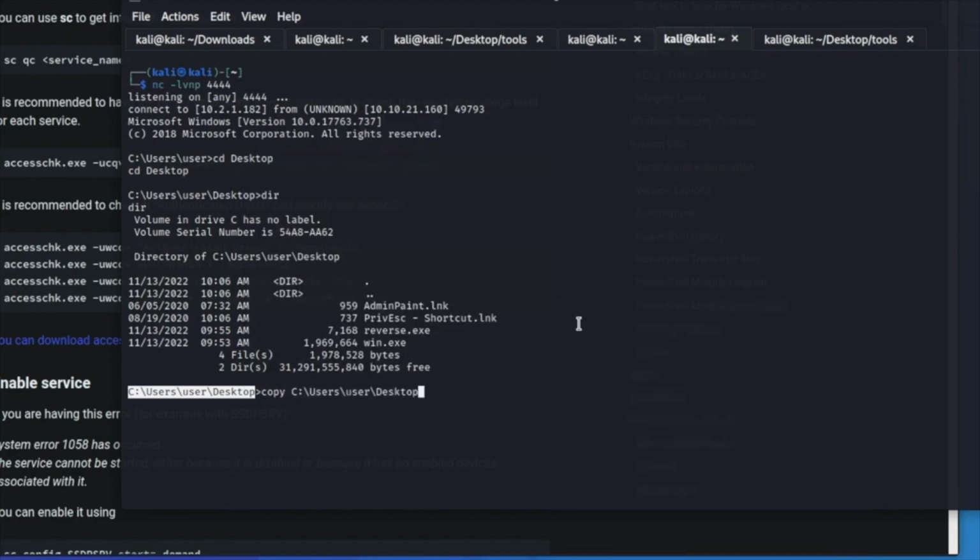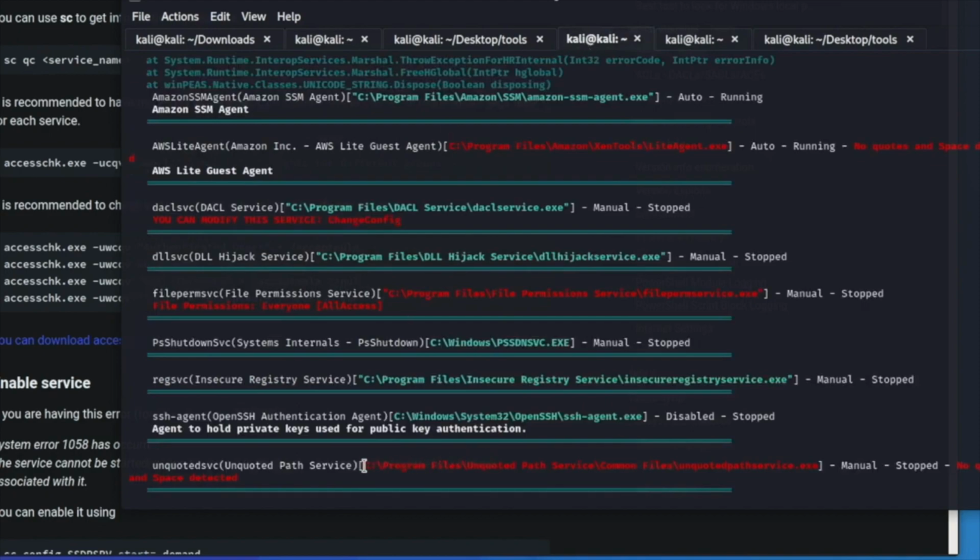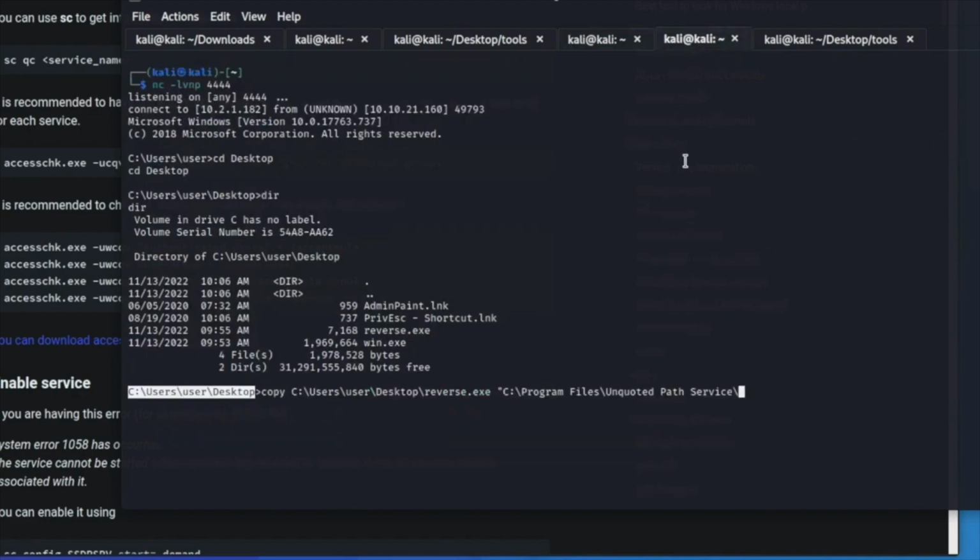So we'll just type in copy, and then we can say copy reverse.exe, just like that. And then we're going to want to make a quote for the file path that we're moving this into. So we can copy this so that way we don't have any typos. Just like that. And in here, we're going to want to rename this reverse.exe to